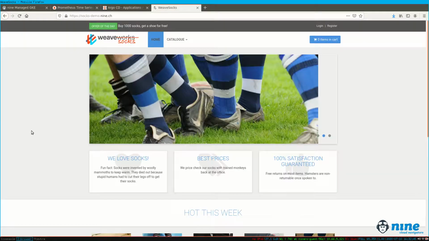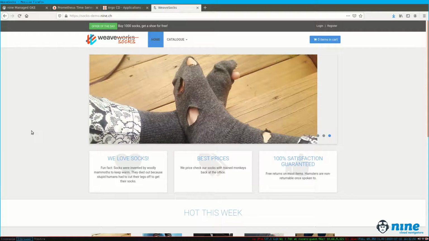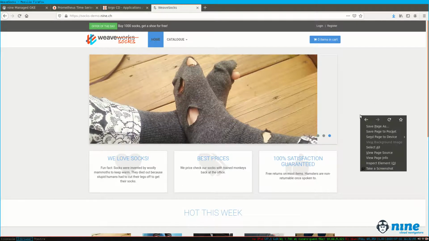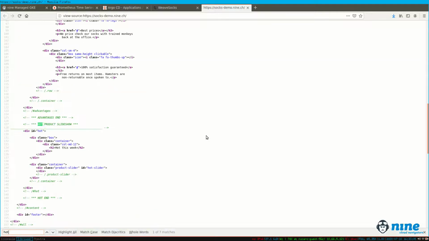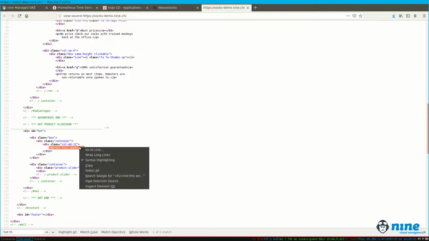Another thing which we actually added is you can also do a string check on your page. So let's say hot this week, that's here on the socks shop, and we actually want to check if that is returned in the HTTP response, in the body basically. So we search for hot this week. So that's in the body basically, and we want to check if that's